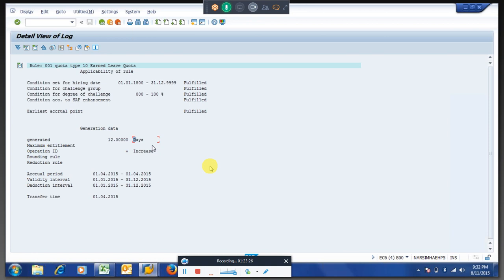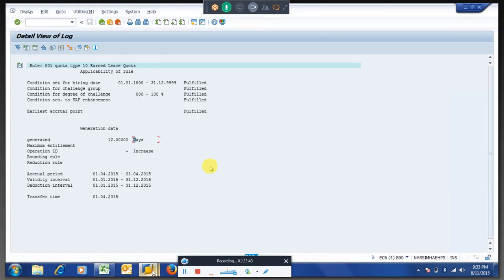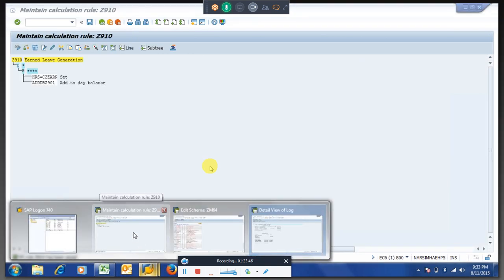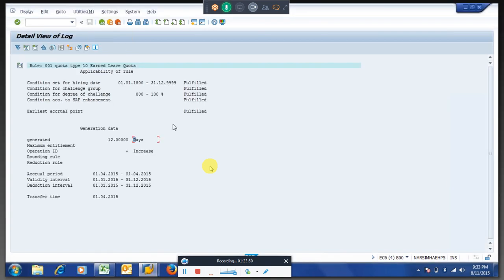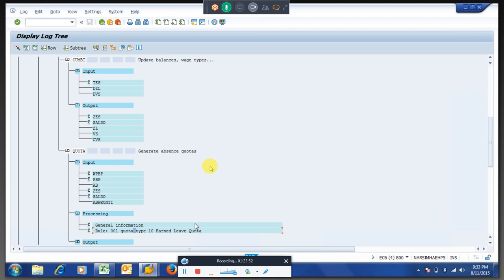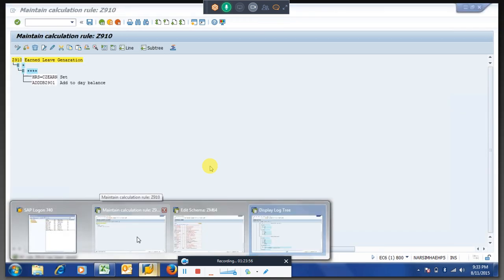Krishna, but in base entitlement, we assign this time type under day balance. That means it is days. Am I correct? Okay, so we'll go back to the configuration. I think people who know all the configuration correctly, you have to listen again, because these are the initial classes. Once everybody is in sync with PCR, I think it will be good to understand.